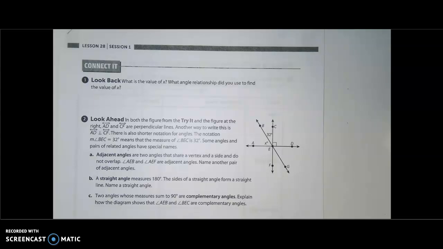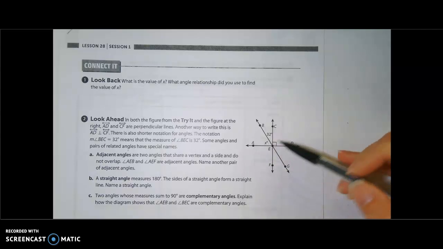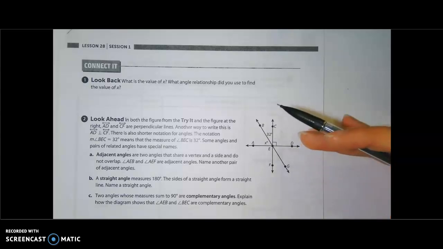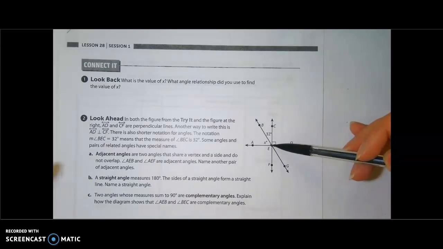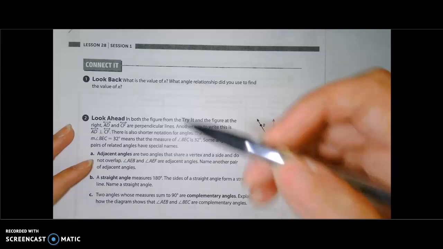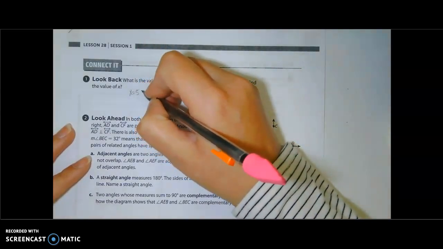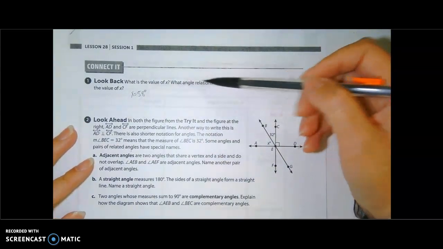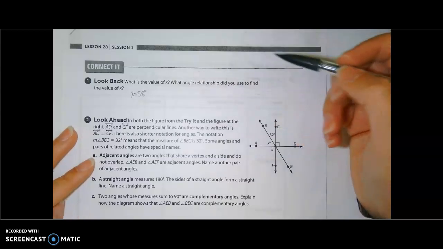So before we got to the connected piece, we were asked to find x in a picture similar to this, telling us that this image came from stained glass lines that were connecting. So we're trying to find that angle. And so what we came up with was that the value of x was 58 degrees. And a couple of you did it a couple of different ways. So to answer what angle relationship did you use to find the value of x, that's all going to depend